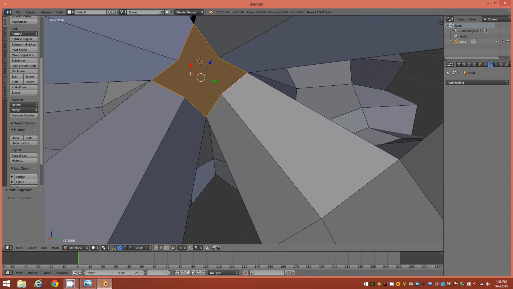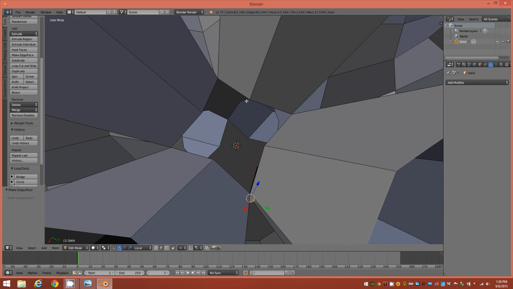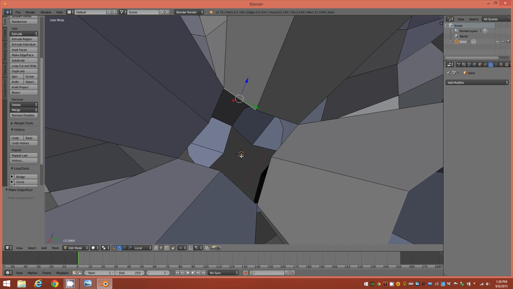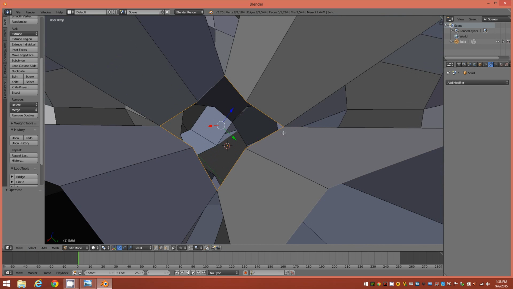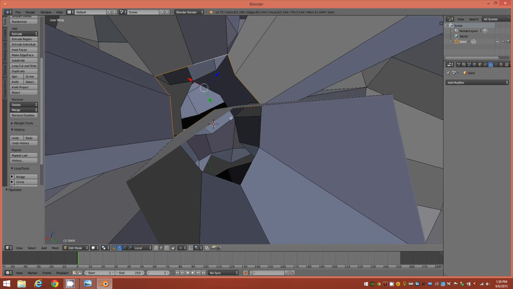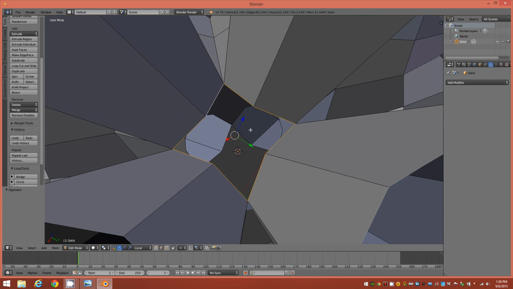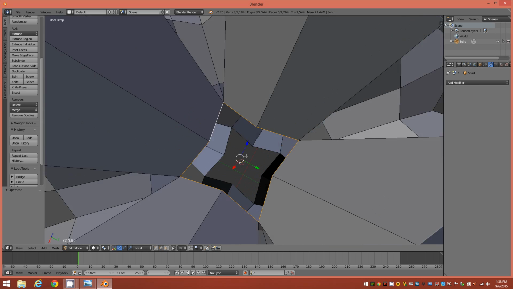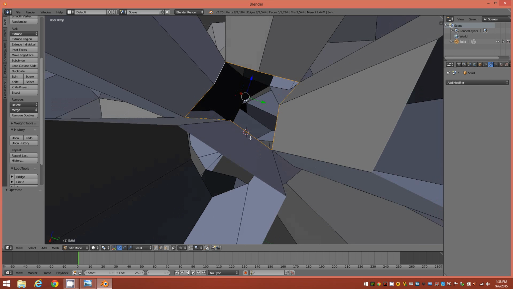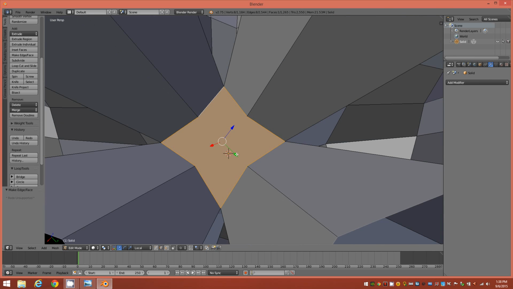And this is where I think a border selection tool in Blender would be handy. Not just one for open edges, but one for enclosed borders like this. And maybe there is one that I'm not familiar with that would do this procedure correctly. But if there is, leave a comment, because I tried a couple different options here in the selection mode, non-manifold faces and all that, and it also selected some edges that I didn't want it to select. So, all right,